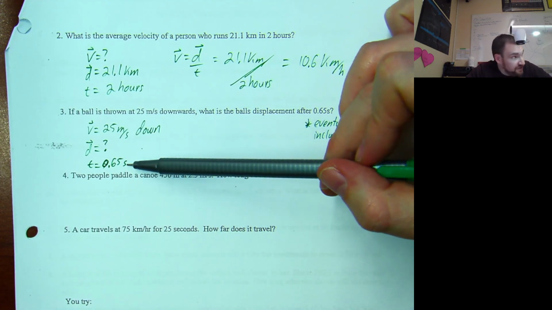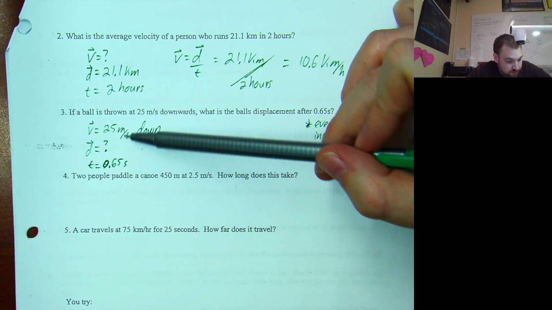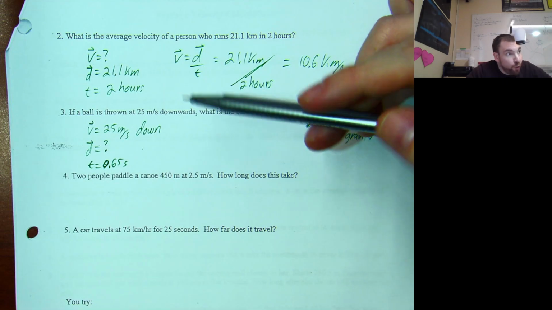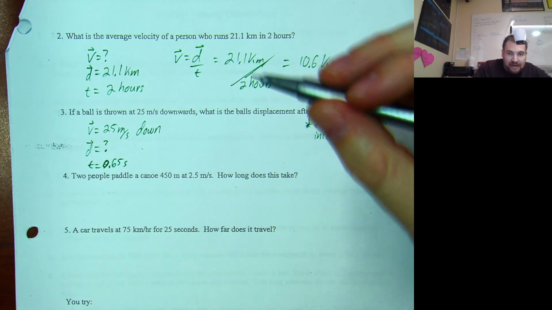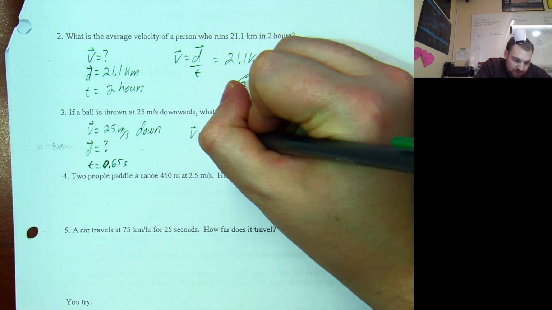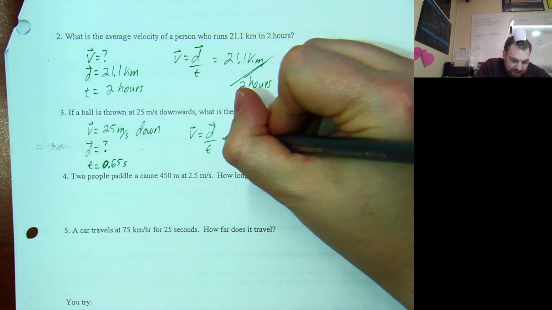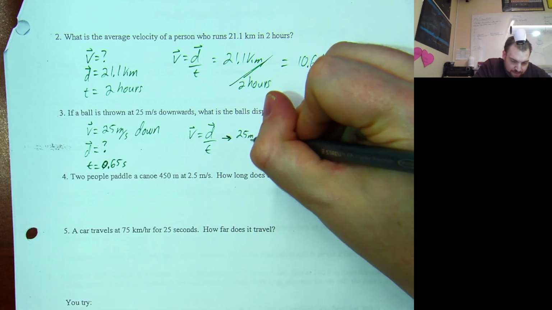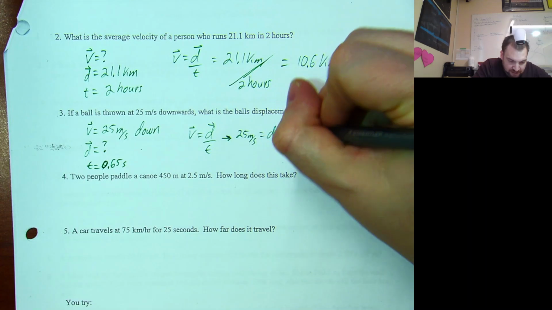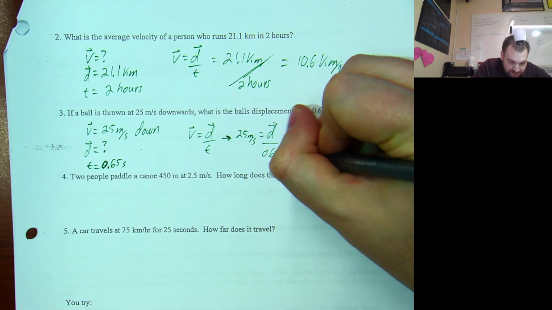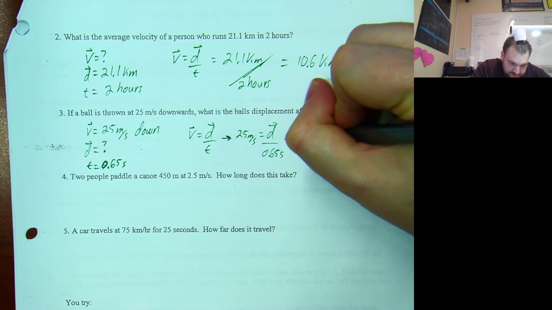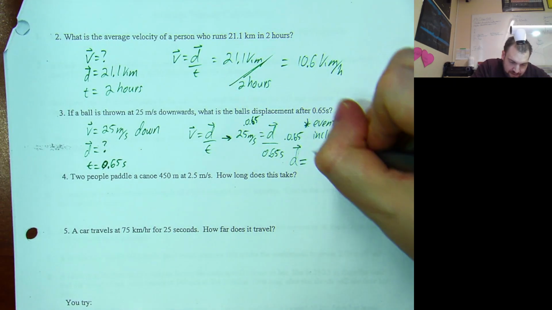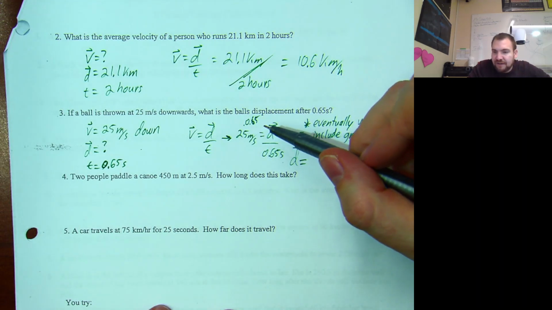Well, this one's meters per second, and this one's in seconds. Does that work out for us? Yep. So let's just go through and solve it. You can start with V equals D over T, or you can use that shortcut that I gave you. Either way, if you're going longhand, V equals D over T, you fill it in. 25 meters per second equals D over 0.65 seconds. So I'm going to multiply both sides by 0.65. And I'm going to get a displacement that equals 25 times 0.65 is,